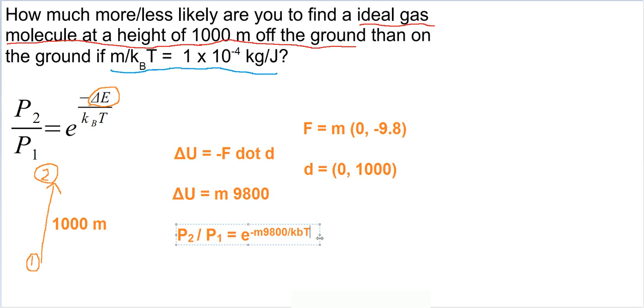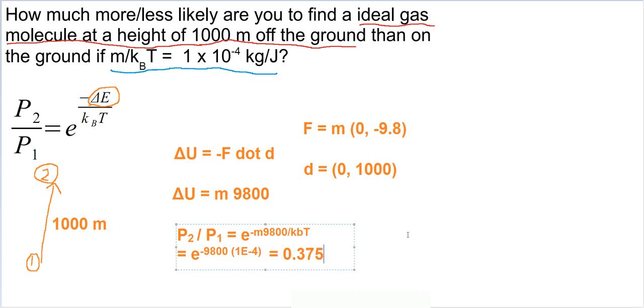Now, we can simplify this a little bit because what we are told here is we're told explicitly what m divided by kBT is. So we still have e to the negative 9,800. That still stays the same. But you're told that m divided by kBT is 1 times 10 to the negative 4. Right, so what you can do here is you can just take negative 9,800 times 1 times 10 to the negative 4. Take this multiplication, apply it to the natural exponent. And if you've done so correctly, what you will get is